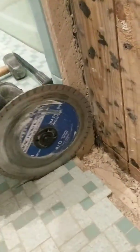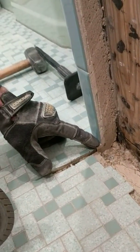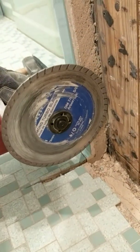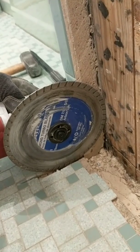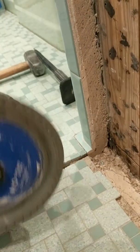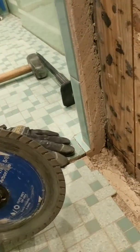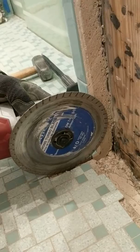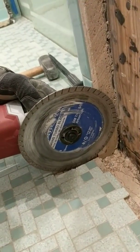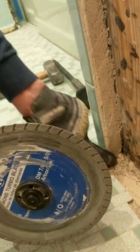Now here, I really worried about hurting this piece of tile at the bottom. When you get down here, you cannot cut all the way to the corner unless you're going to go into the floor. Now this floor we're going to replace. We're going to put tile on top of what's already here. So I didn't mind cutting the floor, and I just went right on down into the floor until I was sure that I had a nice cut all the way